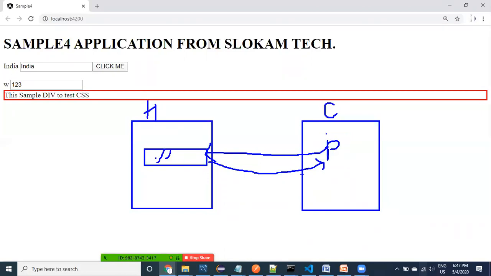That is only one way. But two-way means if you change anything in the HTML, the changes will go to the component. Before going to the practical, remember: HTML and component, inside the HTML one text box, inside the component one property.